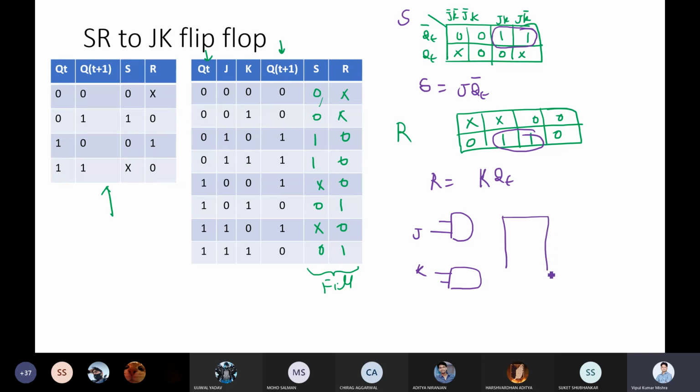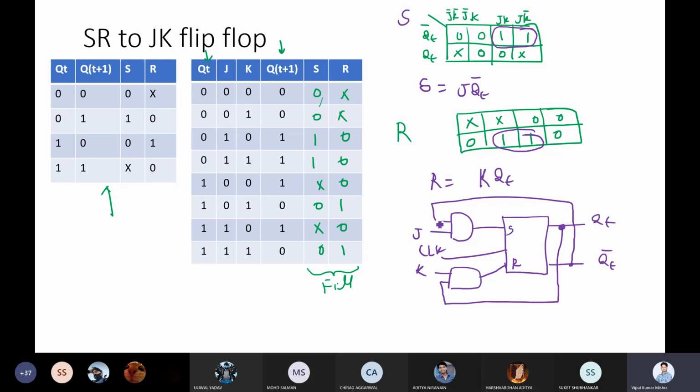Now this is your SR flip-flop, so this will go to the S and this will go to the R. Here we have clock, output is QT, and here output is QT bar, and this QT will go to the K, and this goes here. So this is your JK flip-flop using SR flip-flop, right?